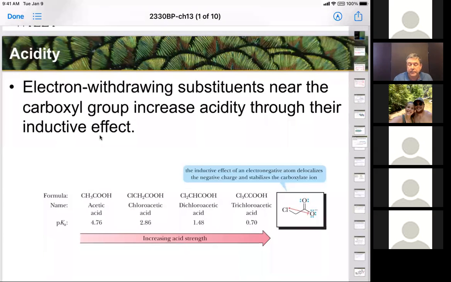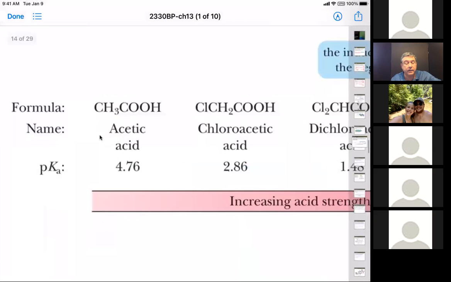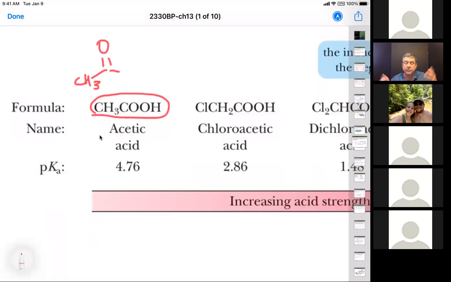Okay. So let's look at our baseline. Our baseline here is the carboxylic acid with just a methyl group on it, which is the acetyl group, right? So we call that acetic acid. If that's the acetyl group, this is the acetic acid. And it's our baseline. It has a pKa right around 5, 4.76. So if we take off one of these hydrogens